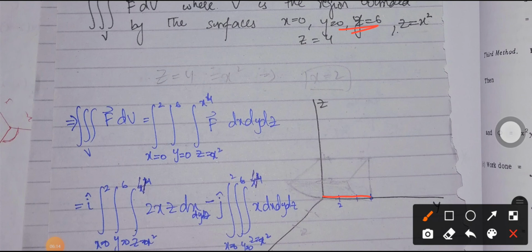And now we are going to discuss the other two. You can see that x and z are related by the equation z is equal to x square, and z has the maximum limit 4. So here is the point z is equal to 4, and z is equal to x square means I'm going to have a parabola, and here is the part of the parabola which lies in the first octant. So here is the corresponding figure, because y is varying from 0 to 6. So here is the closed region which is going to have the volume v in this case.